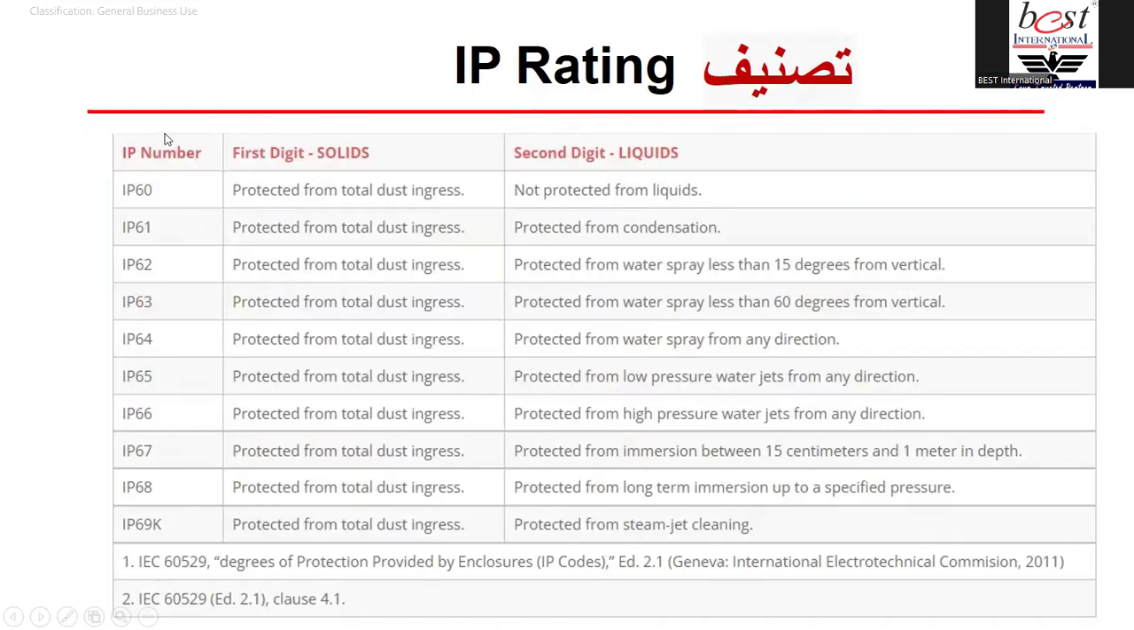These are some of the IP ratings. If you buy IP 60, the first digit for solids means protected from total dust ingress, but the second digit for liquids means not protected from liquid. In the same way, IP 69K is protected from total dust and protected from steam jet cleaning. This is based on IEC 60529, edition 2.1, clause 4.1, the IP codes, edition 2.1, Geneva, International Electrotechnical Commission, 2011. So you have to be very clear based on what international standards, IEC or NEC or API or IP numbers,